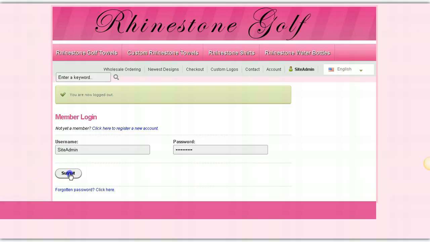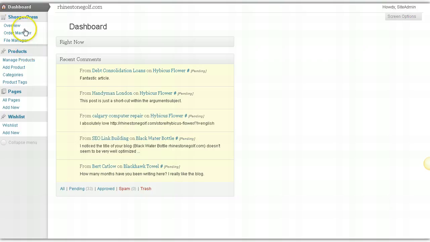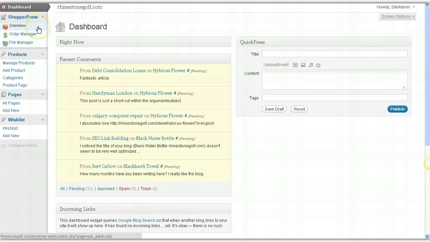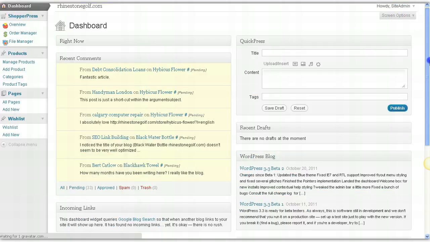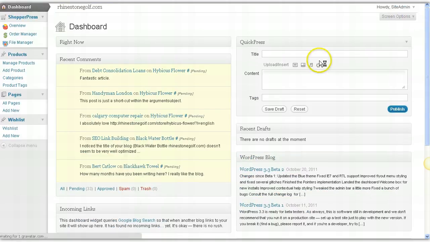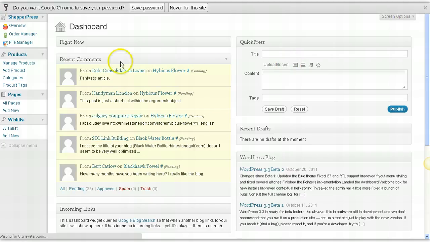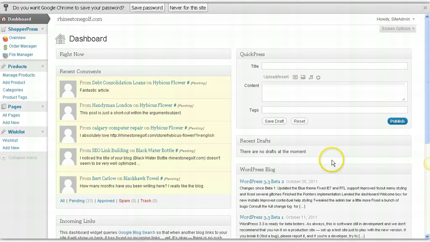And when you log in, you will notice that there is a section to the left of the back panel of your website, and in that section you see overview. Now disregard the main page here. This custom back panel was set up for you using the WordPress platform, and these are just basic updates to